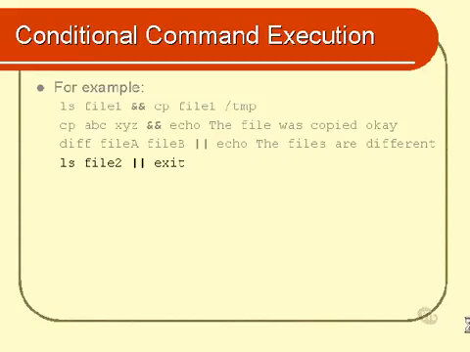Finally, if you needed to check for the existence of a file and you didn't want to proceed in your shell script if that file was not there, then you could write this code. List the file, and if the ls returns some kind of error, then the file was not there, so then you would exit. If you wanted to read that in a human readable way, you'd say check the file is there, if it's not, then exit. You could read that another way. You could say the file must be there, or else we exit.